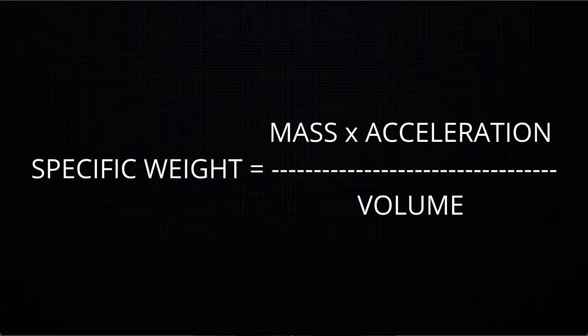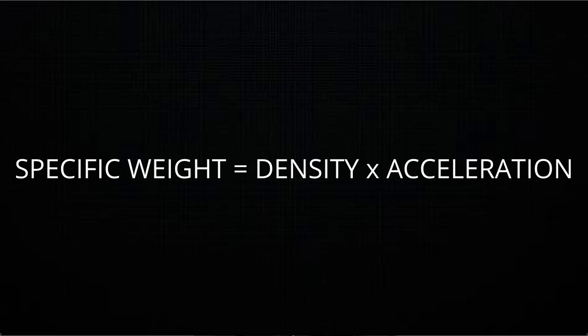So now we have this: the specific weight is equal to mass times acceleration over volume. But let's remember, mass over volume is what? It's density. So that's why we can define the specific weight as gamma is equal to the density rho times